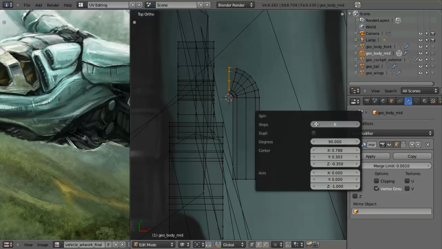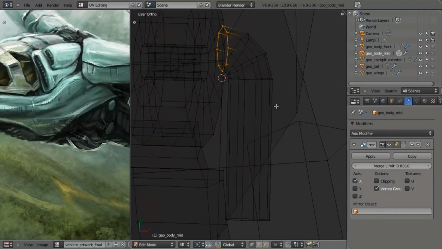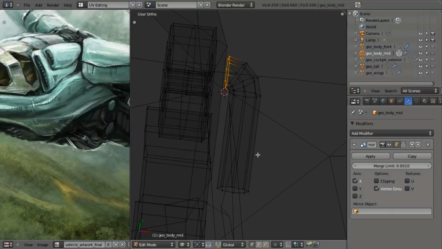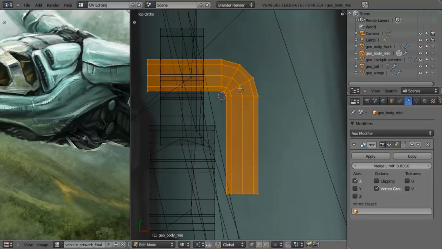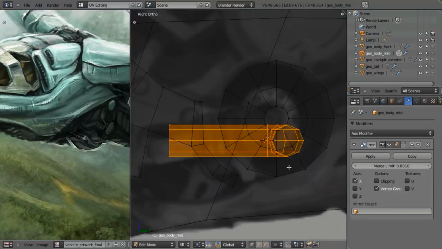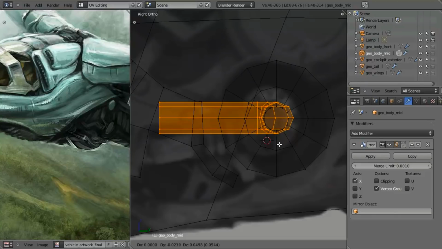But let's change the steps down. We don't need nearly so many. We'll just go down to 3. And there we go. Now I have a perfect elbow joint on here. So now I can just select this. I'll hit E to extrude, take it in, and then select the whole thing, and I want to line this up with the